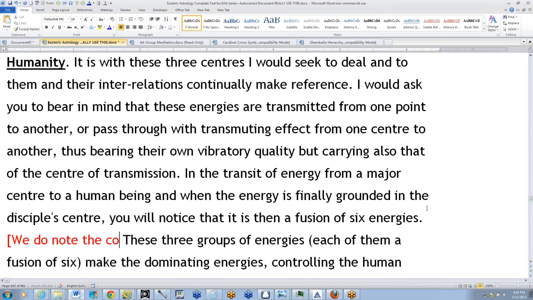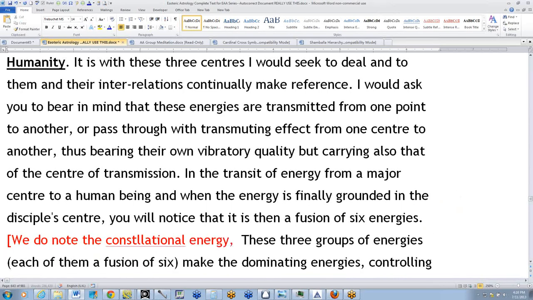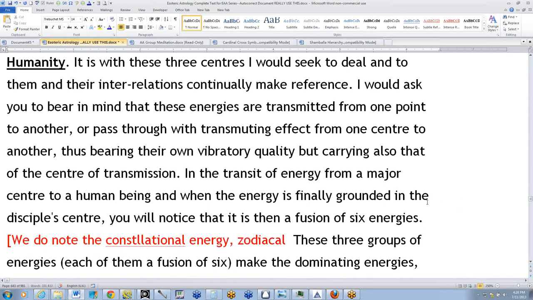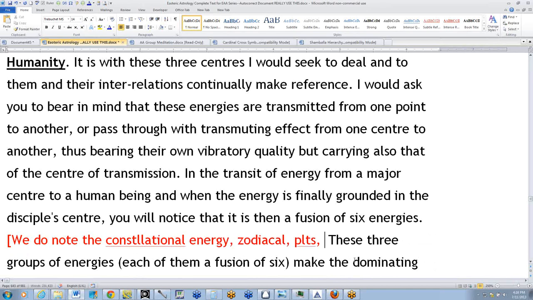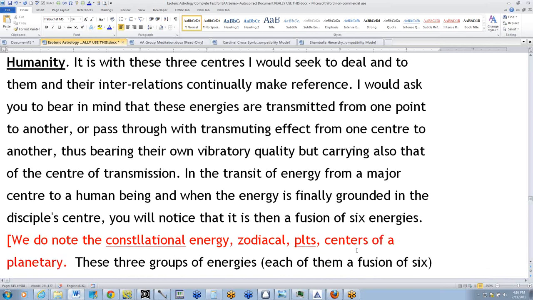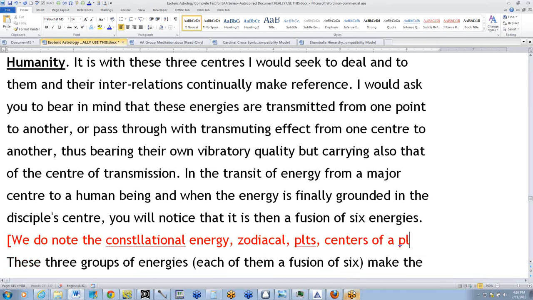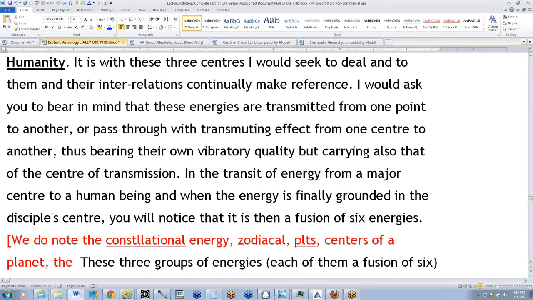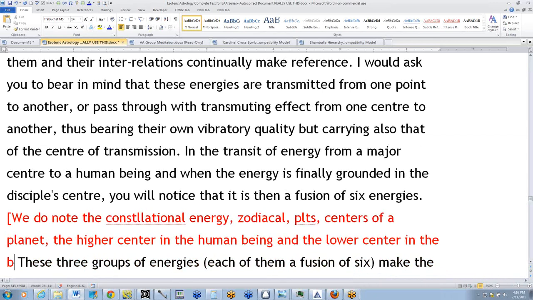The constellational energy, zodiacal energy, planetary energy, the center of a planet, the centers of a planet, the higher center in the human being, and the lower center in the human being. Okay. These 3 groups of energies,